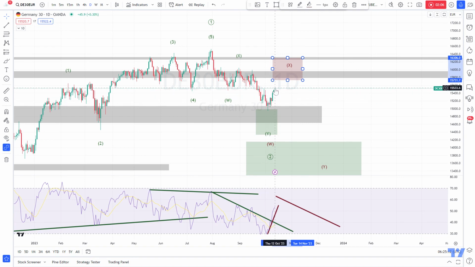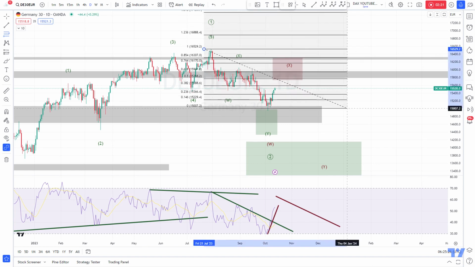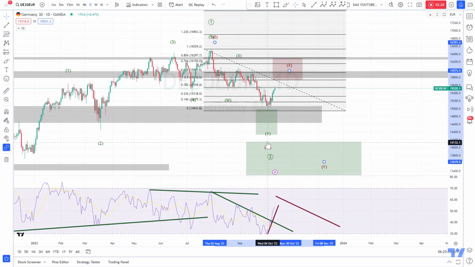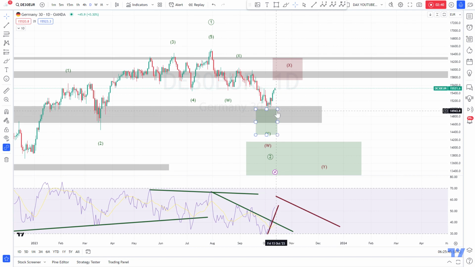So if we return from here, we will have a swing down and then a swing up again into this area. And this area we can find by taking the length of the wave W, and then the area between the 0.5 and the 0.854 FIB retracement is an area from where we can reverse,